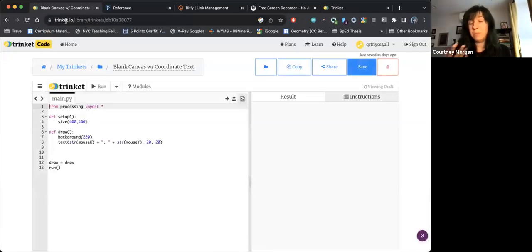I would recommend bookmarking it, put it in a Google Classroom or whatever learning management system you use with your students, make sure they're very aware. And anytime they're going to start something new, they're just going to go here and make a copy. Your page probably looks a little different than mine because I am the original creator, but somewhere up top, you're going to see a button that either says duplicate or copy, and you're going to go ahead and click that